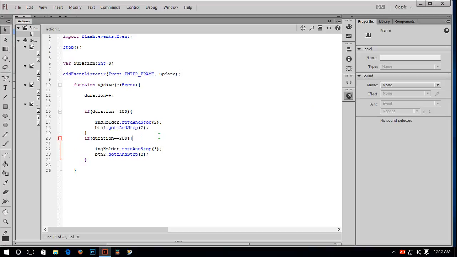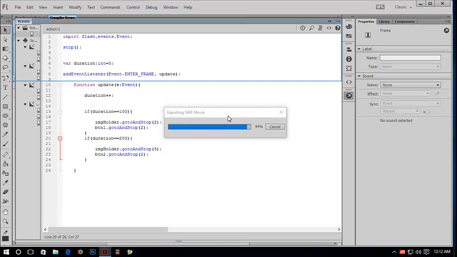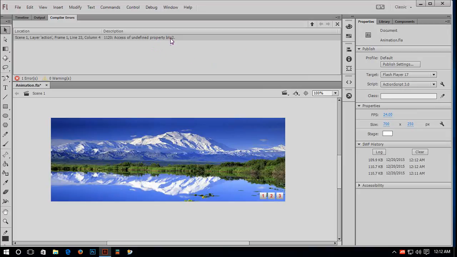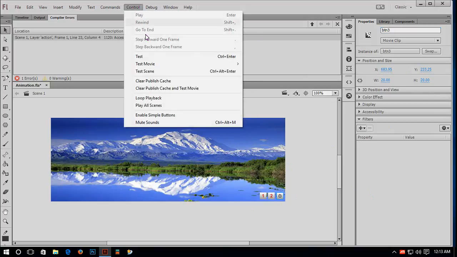Okay, now paste it. Oh, button 2, and we will go with button 2 because I haven't given an instance name to this button. So type btn2 and I have to also give it an instance name, btn3. Now if I test it, control test,